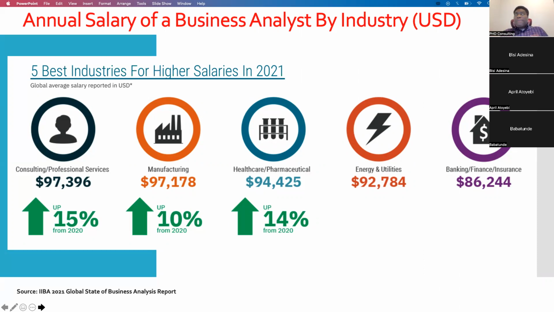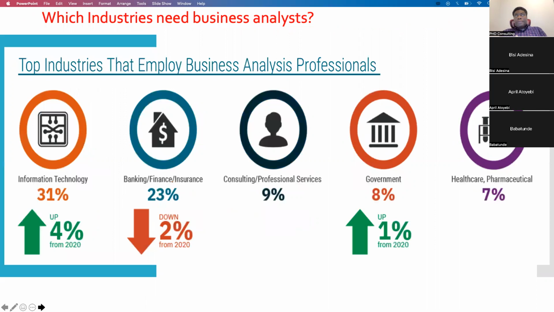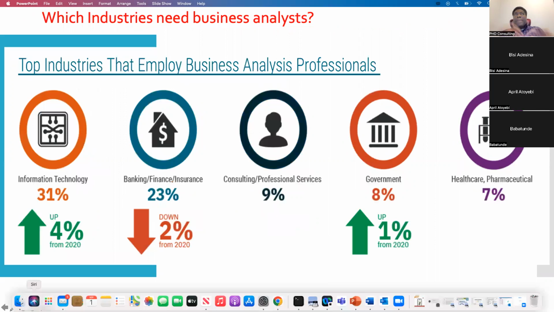So those are the top 5 industries that recruit BAs. And you can see the figures in USD right on there. And that's one statistic. I'll also show us another one. Now, top industries that employ business analysis professionals or BAs, right? In the IT industry, we see that about 30%